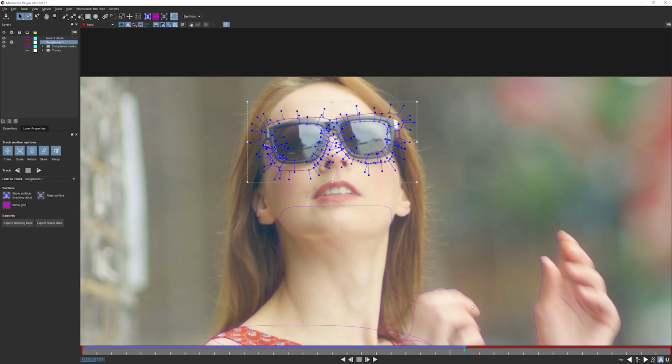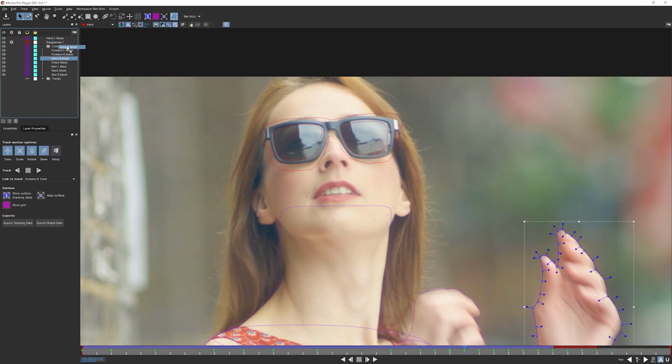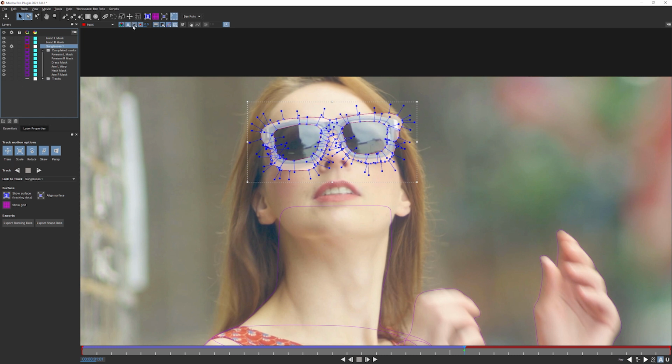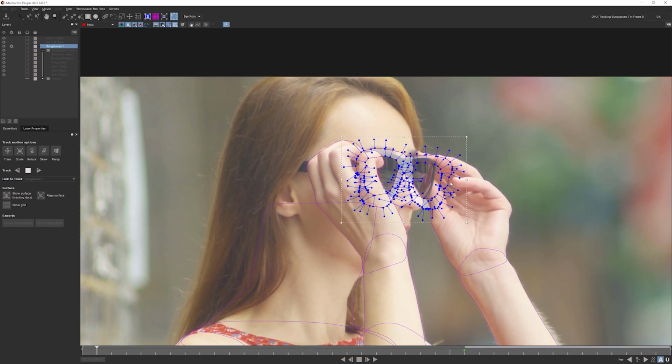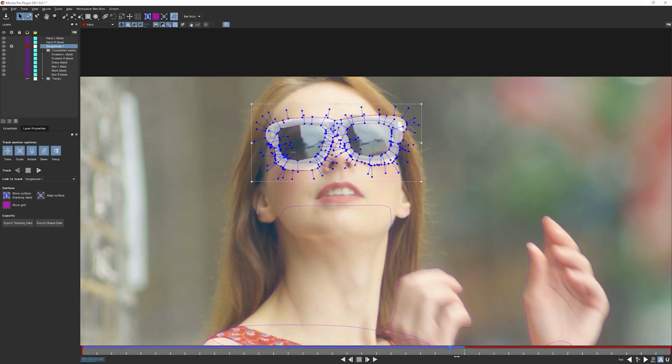So instead of second-guessing that, we can use multiple track mats on a single object, or we can have multiple track mats for a single object that we're tracking. So I'm going to take my hand right mask up and bring this in over the top of my sunglasses as well. And let's just track that backwards one more time. I'll turn my color overlays on again so we can see what's going to happen here. Now it's going to exclude that from the area.